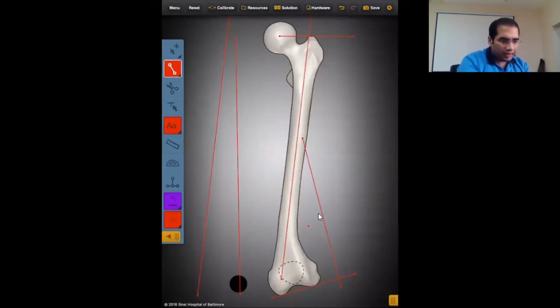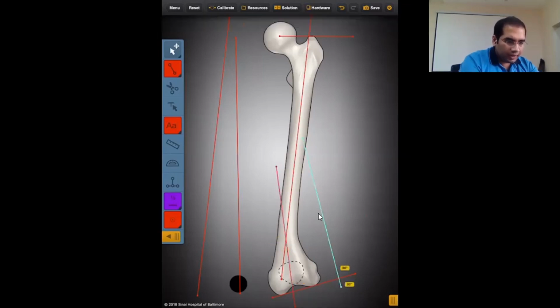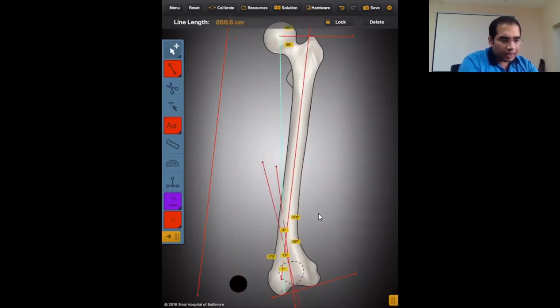I'm going to draw another line. The anatomical lateral distal femoral angle was 81 degrees, 7 degrees less than the mechanical axis angle. And it is slightly medial, not centered at the notch. It is medial, in line with the medial eminence of the tibial spine, and it gives us again a deformity of 14 degrees. Again, as you can see, this is the angle we have gotten.